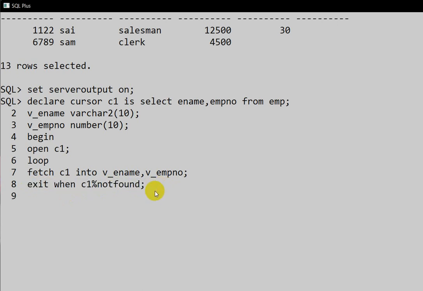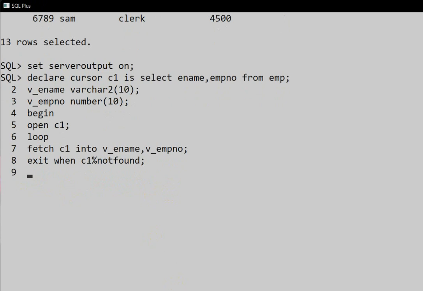So this is done. Now here we need to find the fifth row data. So let us write if C1 %ROWCOUNT. This will give us which row we are at. Here we need to find the fifth row.